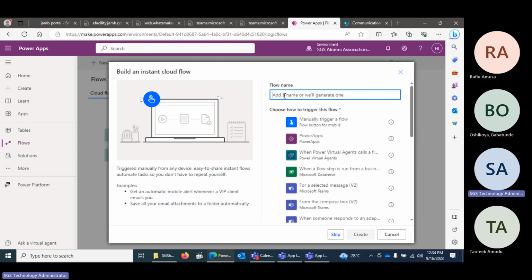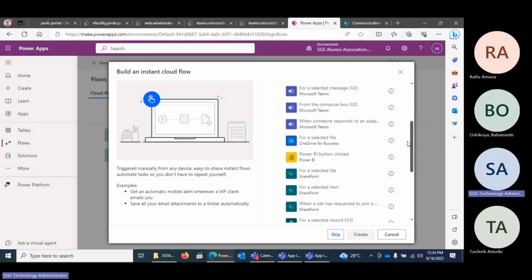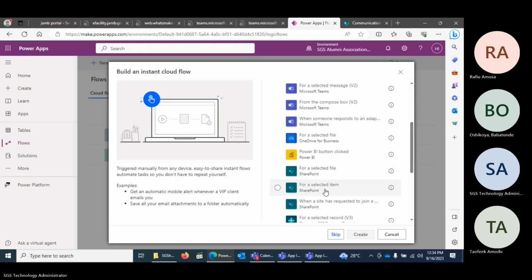I'll give it a name: Library approver. I want to choose a trigger, when a site,